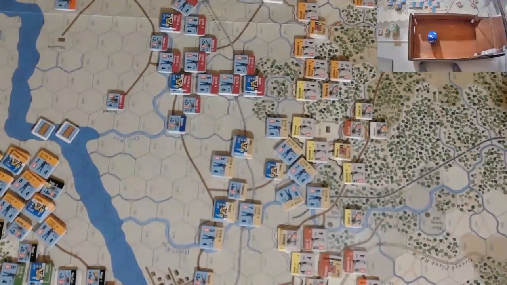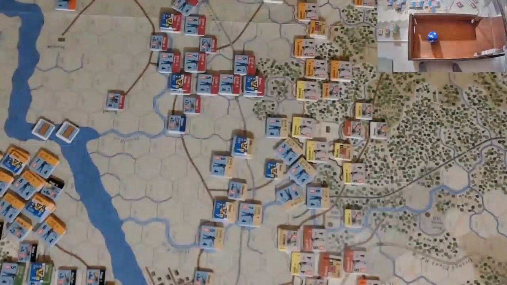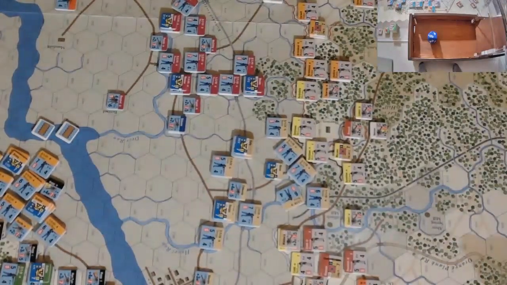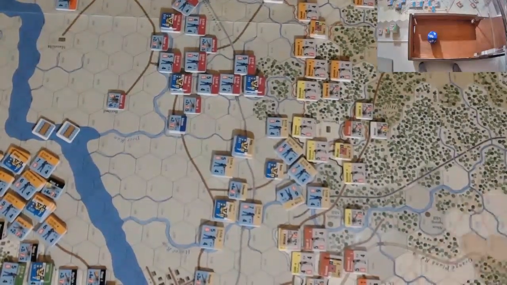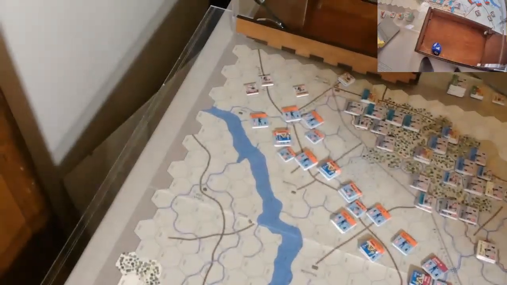So we'll move on to the next chit, and that's going to be Reynolds. Again, the Union is moving everything, so it looks like probably the back half of the turn is going to be Confederates. Okay, back taking a look at